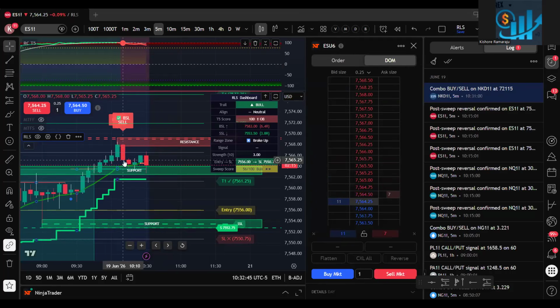Whenever we get a BSL sell signal, all you do is take a short. You see in the last 3-4 candles where the high is, and put a stop loss a little bit above that. So if you win, you will make huge profits. If you take a loss, you will take a small loss. There is a very high possibility that whenever you see this, there can be big major drops.